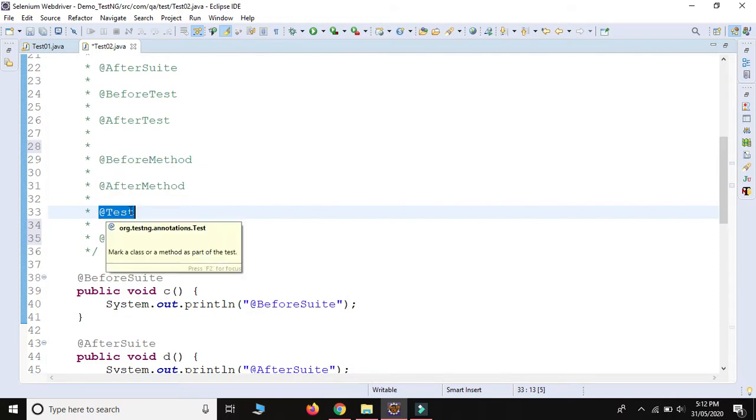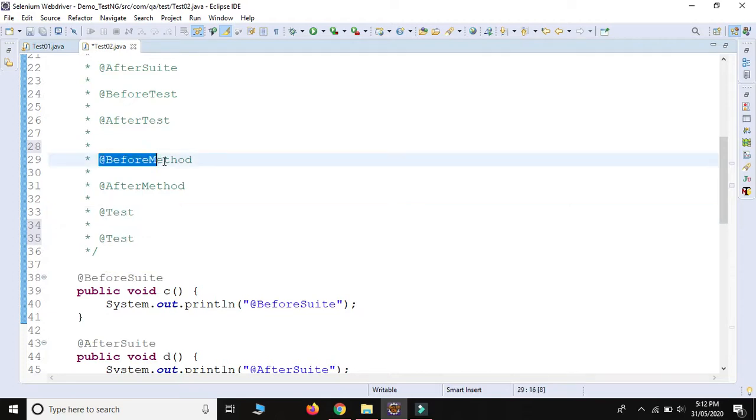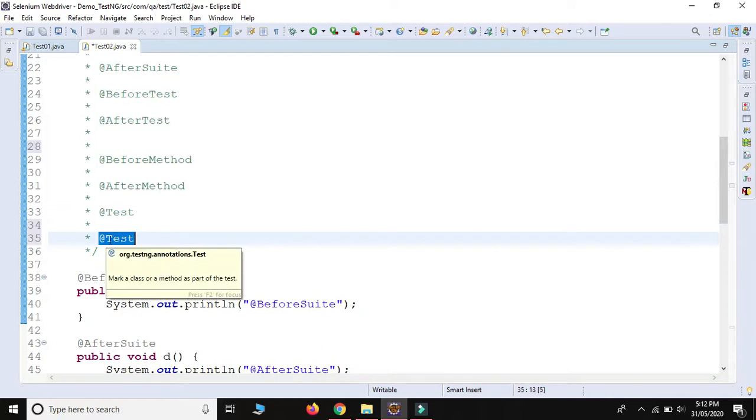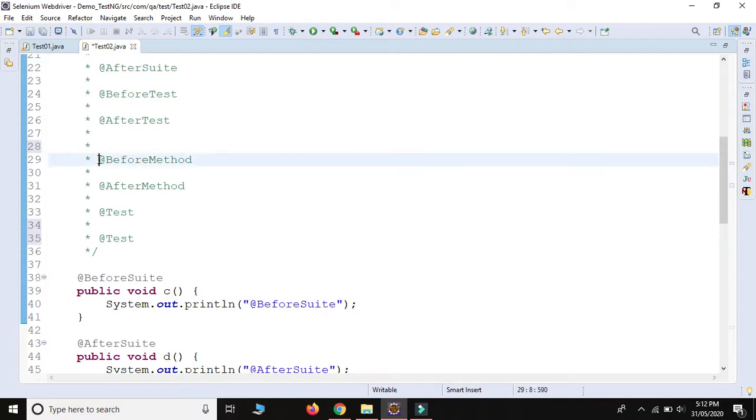So it will execute @BeforeMethod, then it will execute @Test, the business logic, and then it will execute this @AfterMethod, for this one test case. Now it will come for the second test case. Again it will execute this @Test, but the script gets these annotations. So again it will execute @BeforeMethod, then again @Test, and after executing this, it will execute @AfterMethod.